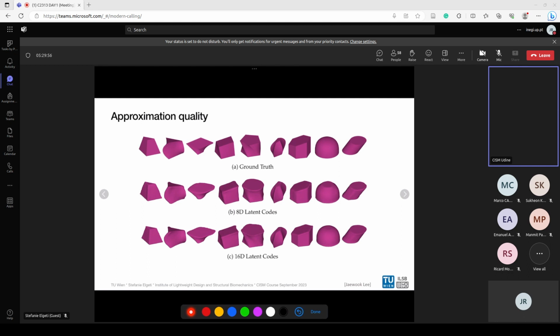If we look at the approximation quality, so this is the ground truth. Those were the shapes that we trained with. If the latent vector is 8-dimensional, then this is the reconstruction. You see that there's still some differences here, for example, with this half sphere, and the cap is basically cut off. But with the 16,